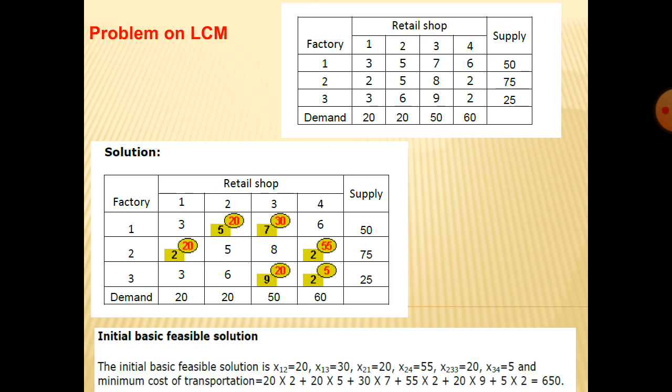Then again you have to search for the minimum cost available. 8 is the minimum cost. It is not possible to allocate, since the supply and demand are already satisfied. Now you should go for 9. For the 9, we have the remaining 20, so we have to allocate 20. After allocating, now we have to check the factory